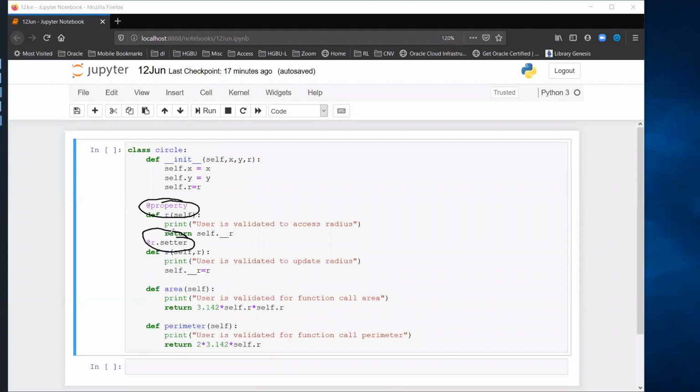You can write your own custom decorators, but these are some of the decorators which Python has defined for you. Custom decorators and other things are beyond the scope of our course. These are inbuilt decorators in Python, which are used for getter and setter methods.